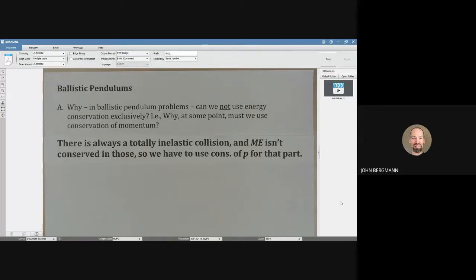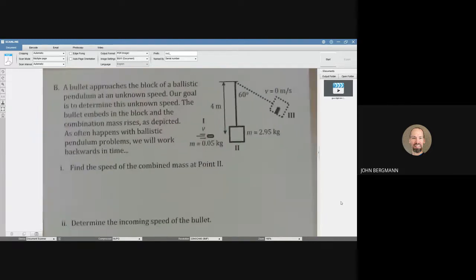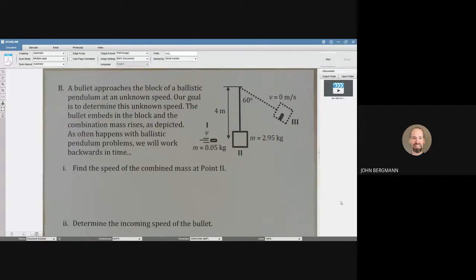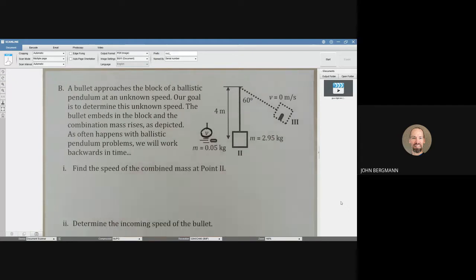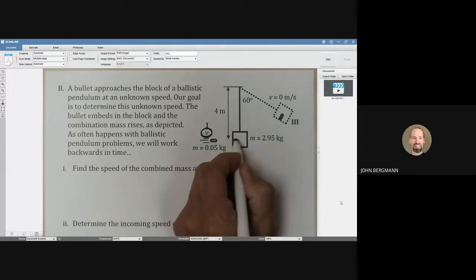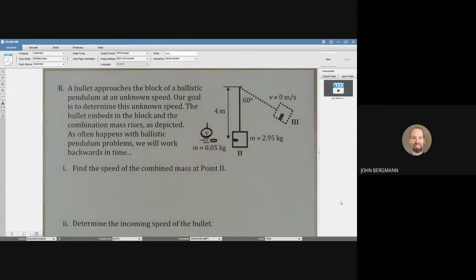In a ballistic pendulum problem, typically you have to use conservation of energy as well as conservation of momentum. So let's do an example. Here we have a bullet approaching a block of a ballistic pendulum at an unknown speed. That is what we're after. The bullet embeds in the block, and then the block swings up, as you can see depicted in the picture. So this bullet is going to thunk right in there,